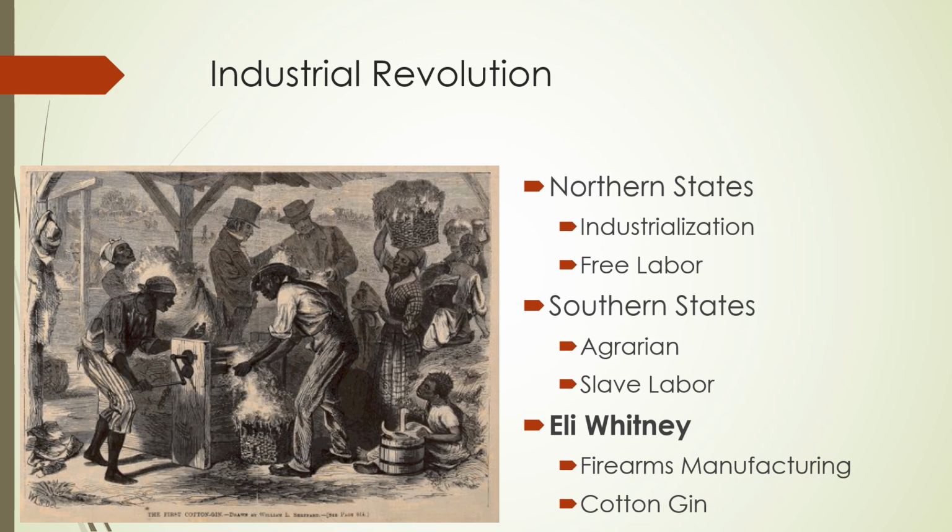Now, eventually he creates this thing called the cotton gin. Why does the cotton gin matter, right? So we know that the North is embracing industry. We know that they want to make textiles. We know that you can make them out of cotton, all right? We also know that the South can grow cotton, but here's the catch, okay? The South actually can't grow cotton the way we think it does, all right?